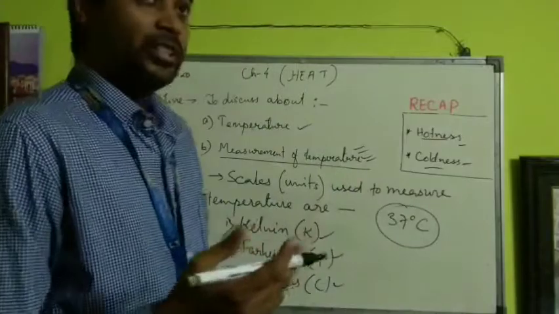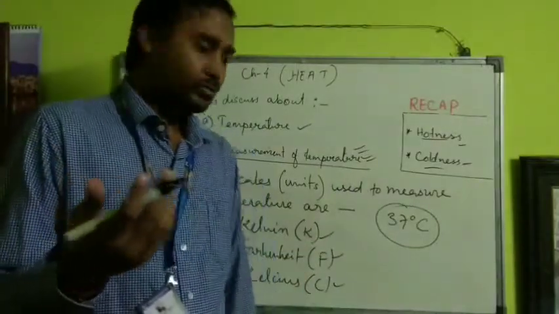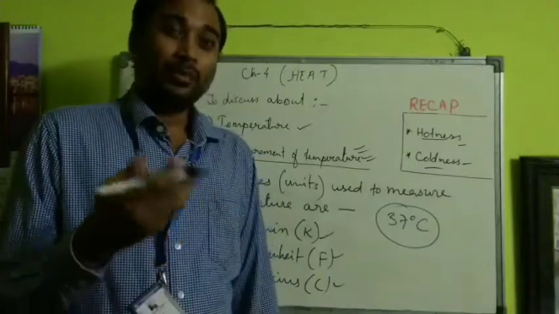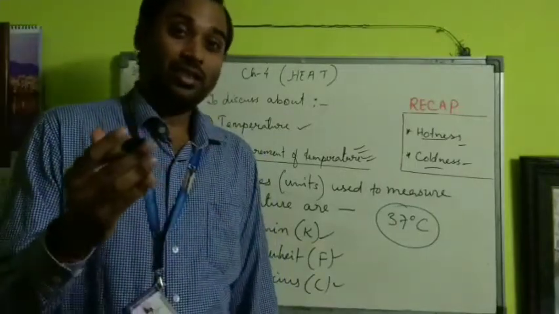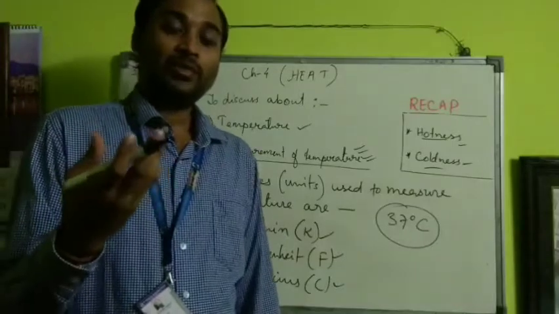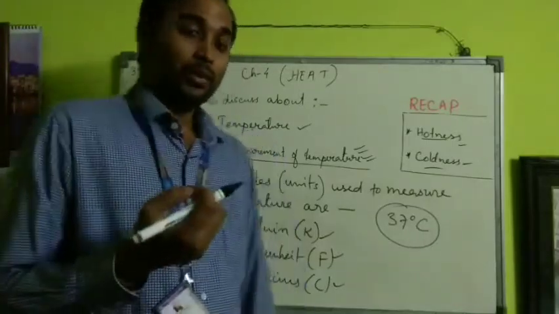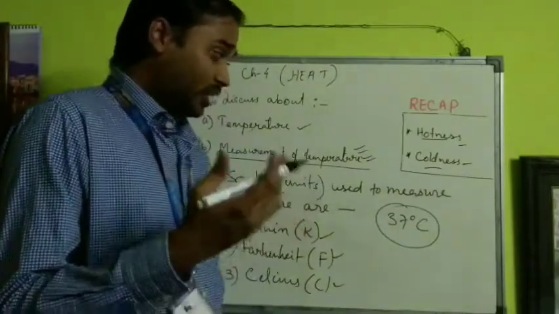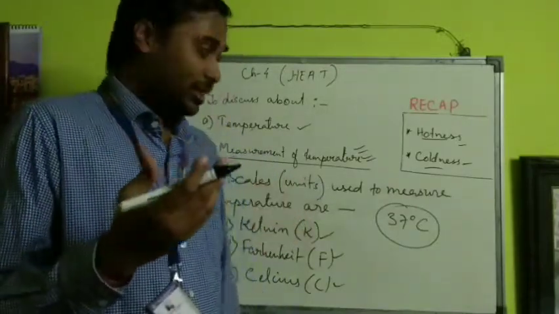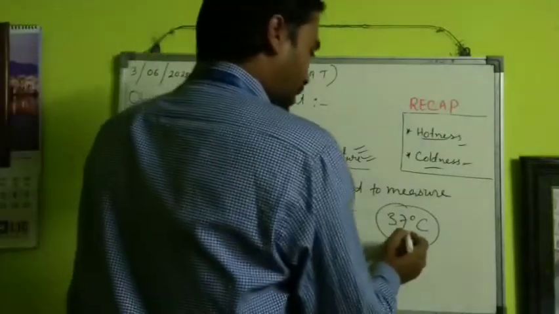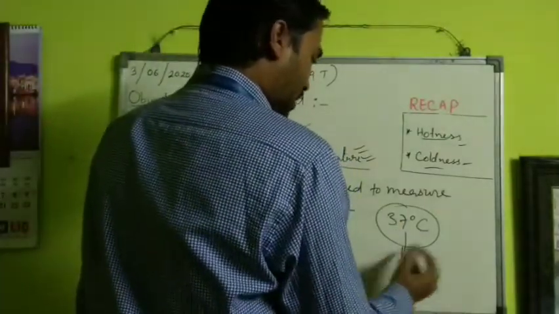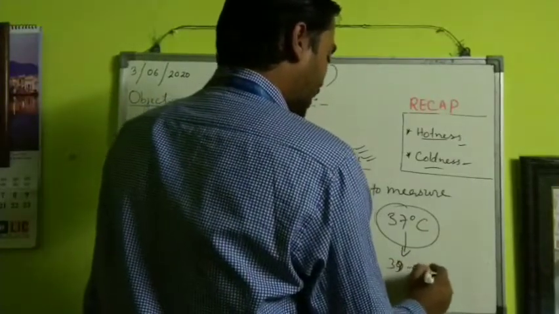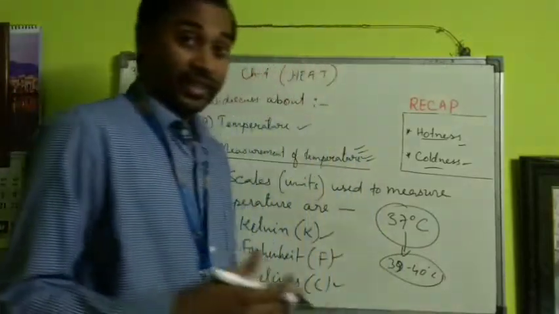But when somebody suffers from fever, the temperature crosses 100 degree. Now does it mean it crosses 100 degrees Celsius? No, because 100 degrees Celsius we know is the boiling point of water. That is quite a high temperature, very high temperature. When we suffer from illness, our body temperature increases up to at most 38, 39 to 40 degrees Celsius, not 100 degrees Celsius.